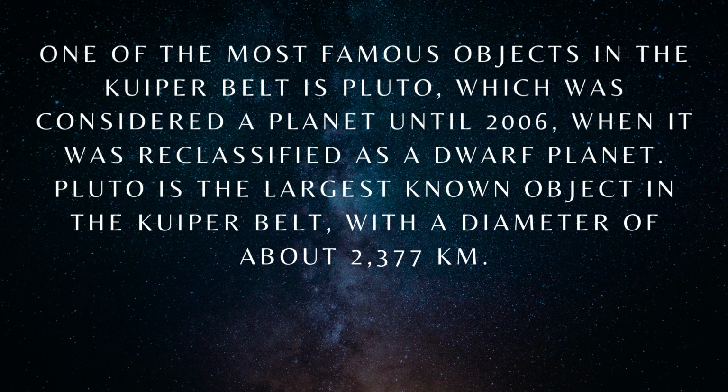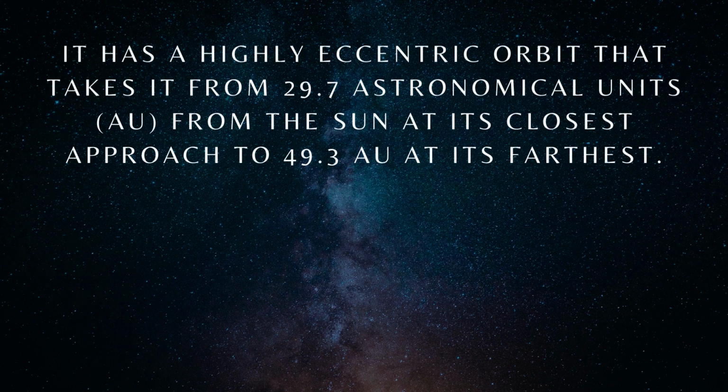Pluto is the largest known object in the Kuiper Belt, with a diameter of about 2,377 kilometers. It has a highly eccentric orbit that takes it from 29.7 astronomical units, AU, from the Sun at its closest approach